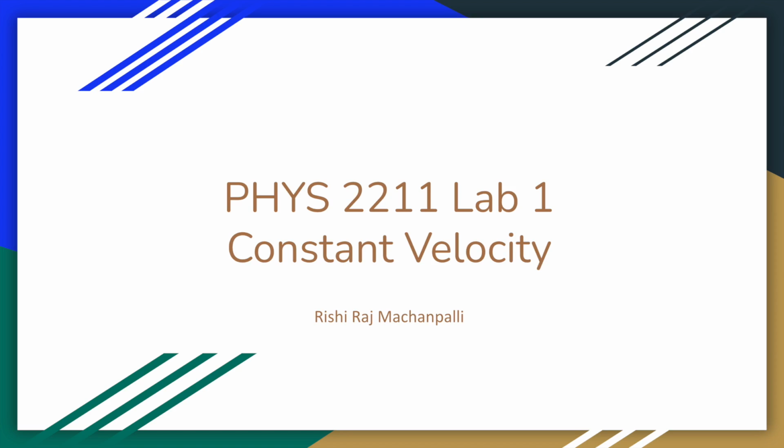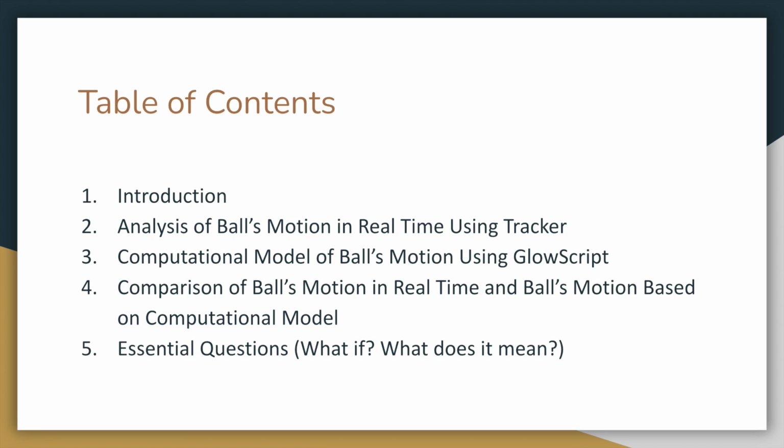This is my lab report on constant velocity for my Physics 2211 class at Georgia Tech. In the lab, I compared the motion of a ball in real time to a computational model of the ball's motion. The format I will be going over in the lab is by first giving an introduction, then going over the analysis of the ball's motion in real time using Tracker, then going over the computational model of the ball's motion using GlowScript, then comparing the two models based on their position versus time graphs, and lastly, going over some